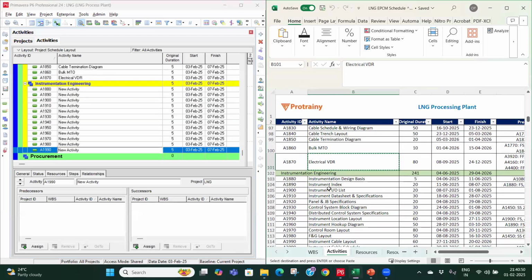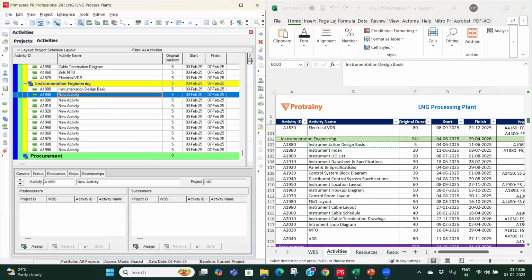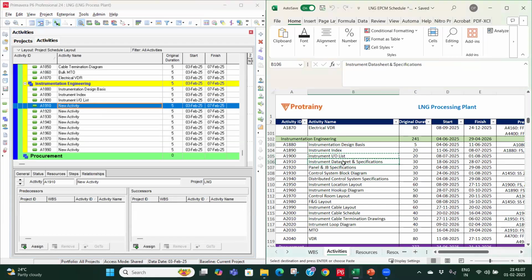Then under instrumentation, we have instrument design basis first. We have instrument index next, IO list, instrument data sheet specification,